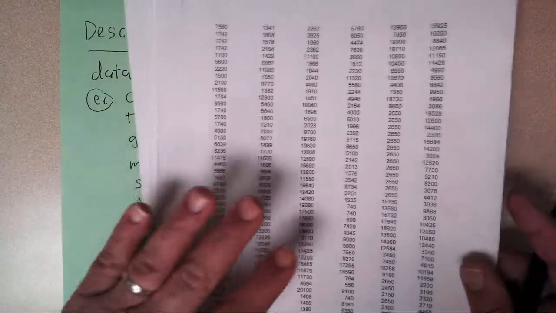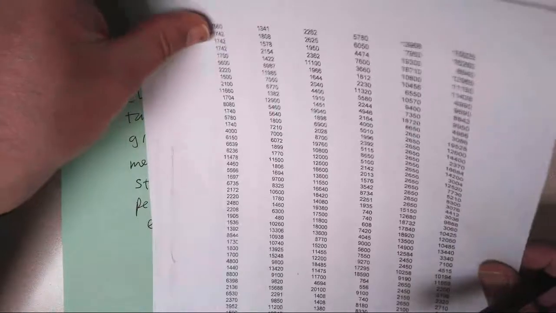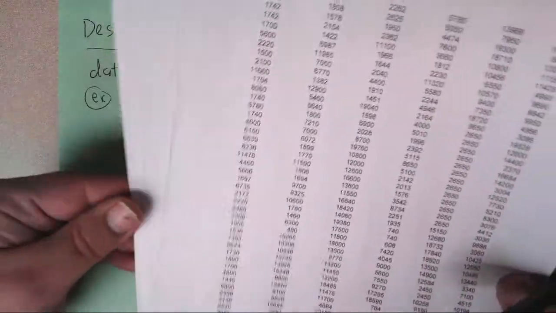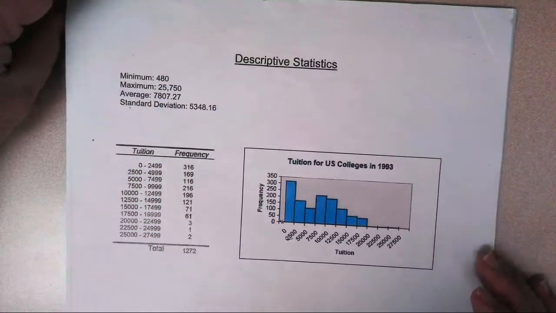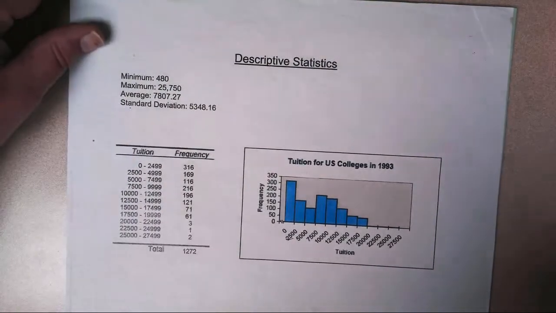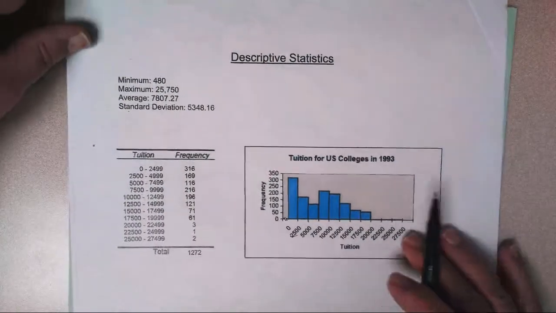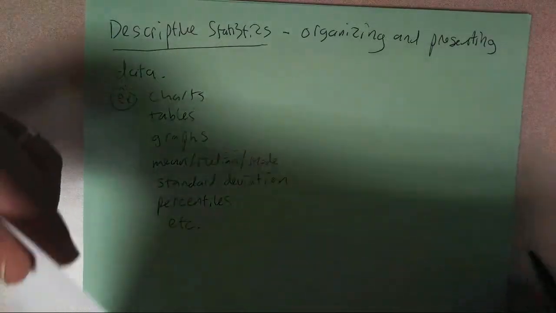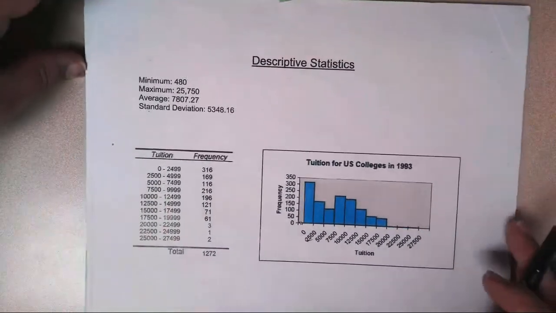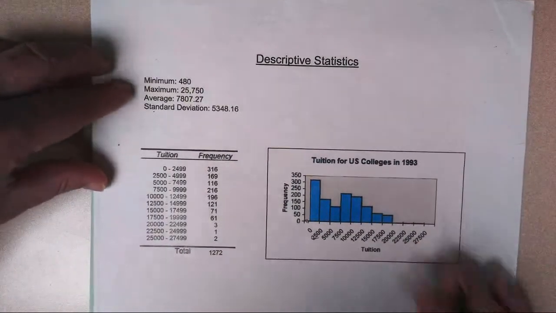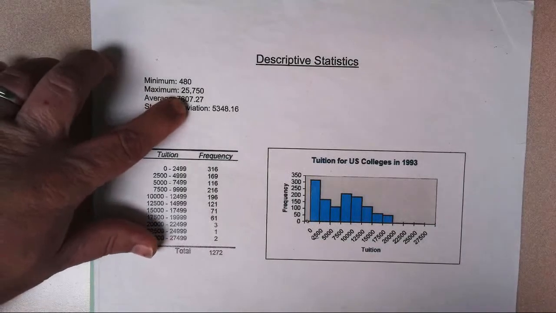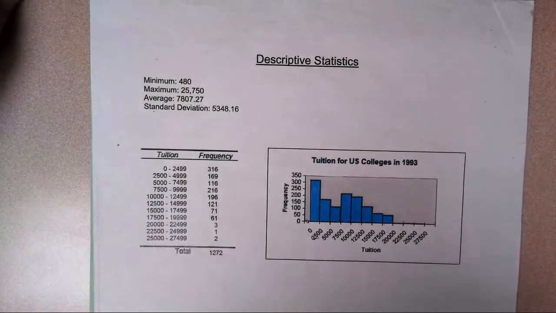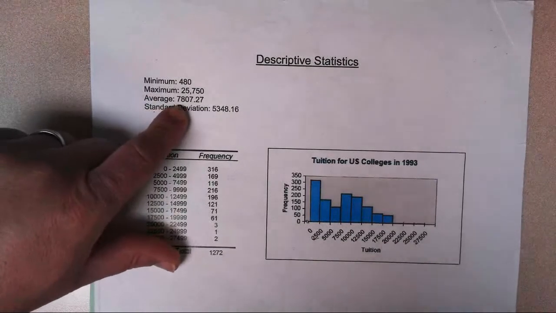Now, as it happens, this data, I actually got this from the internet. This is actual data, college tuitions from 1993, and it came in an Excel file. I downloaded the Excel file, and so what I did is I actually organized my data. I used Excel to do some descriptive statistics, and so this will give you some examples. So for example, I found the minimum and maximum tuitions, $480 all the way up to $25,750. Okay, the average tuition was about